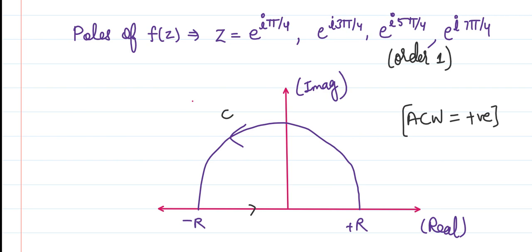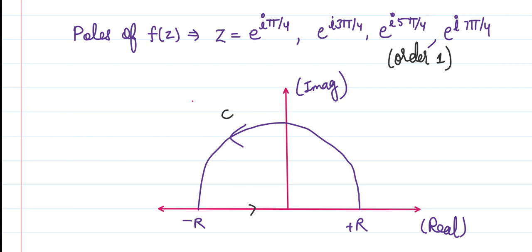And in some contours, like in June 2017 where one question was asked, you have both directions in the diagram. So you have to consider anti-clockwise as positive and clockwise direction as negative. Always remember this, otherwise you are going to get a wrong answer. Everything else may be correct, still you will get the wrong answer due to the sign. So always consider anti-clockwise direction as positive.